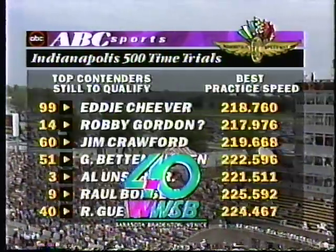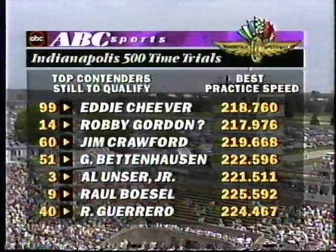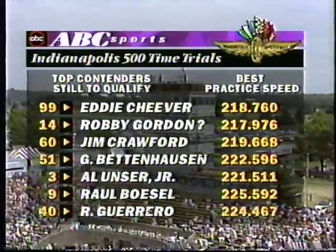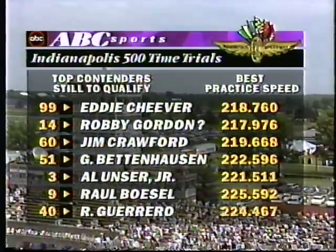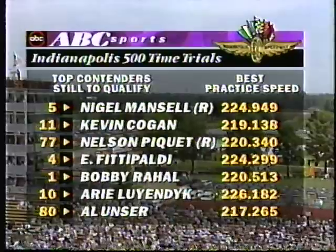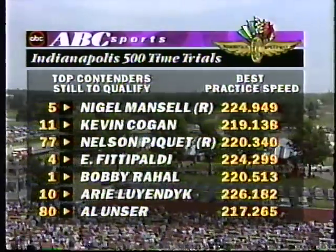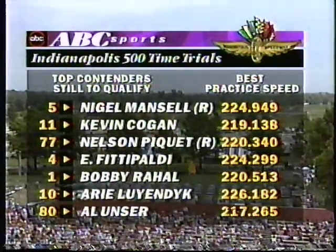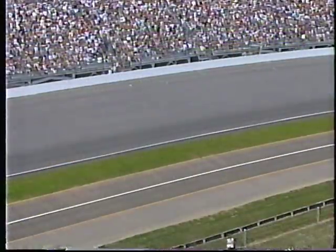A number of cars have waved off. Here are the cars yet to qualify in the drawing of the line, but let us not forget that once the lineup is run through, any car that wants to present itself before 6 o'clock can do so. So there's still plenty of opportunity, and I think that may be why many of the cars are deciding to pull off and maybe hope for a little cooler temperatures. We have seen in those runs thus far that the track temperature is truly affecting the way the cars are